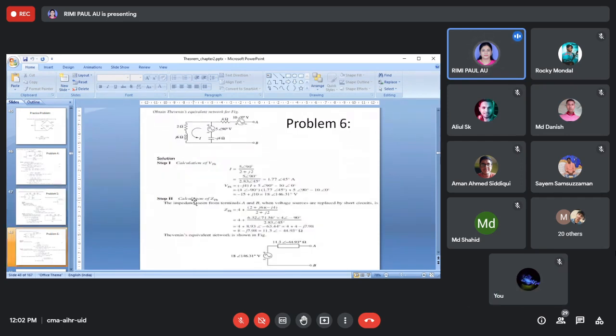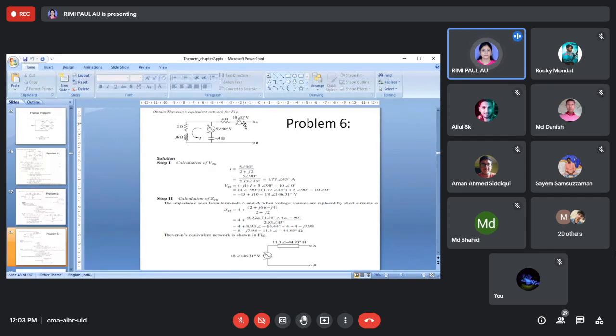Now the question is here. Here you can see the same problem, but one source is present here, another source is present here. Then how to find out this VAB, the open circuited voltage? Now what we know is that the voltage of this path and the voltage of this path is equal to the total voltage of this path, right? Now, whatever voltage is present and whatever voltage drop will appear here, remember, or listen. First, you have to find out the voltage drop of this path.